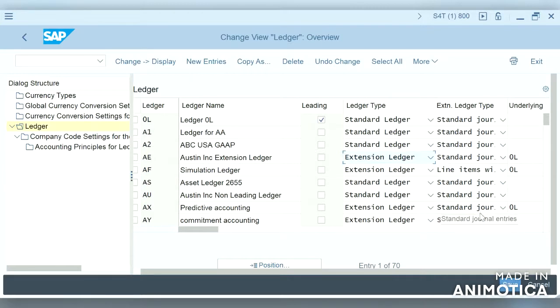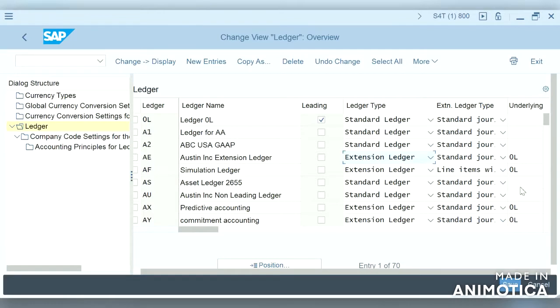So let us understand the difference between standard ledger and extension ledger. Extension ledger is an independent ledger and standard ledger will be the underlying ledger for it. If we select it as extension ledger, the underlying ledger will be the standard ledger.